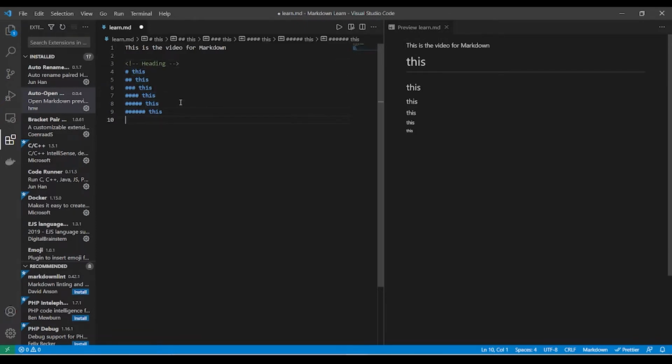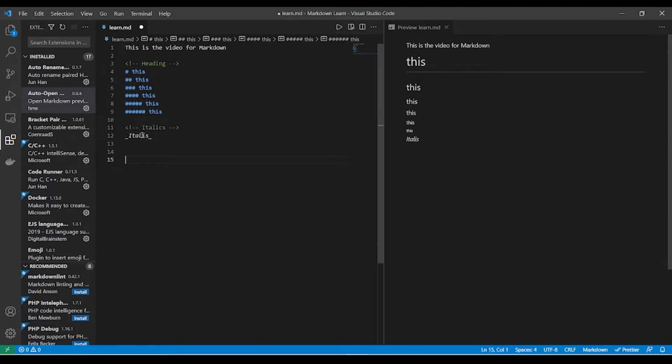Yeah, so now let's come to how we can make any text italic. Let's first of all give the heading here also, italics. Okay, so now let's move forward. Basically the syntax of italics is just to write an underscore, then italics or whatever you want to write, and then again an underscore. So you can see it has converted, it has just tilted the text here. If I remove one of the underscores, you can see the text has changed again to simple text. Okay, so this is how we convert to italics.